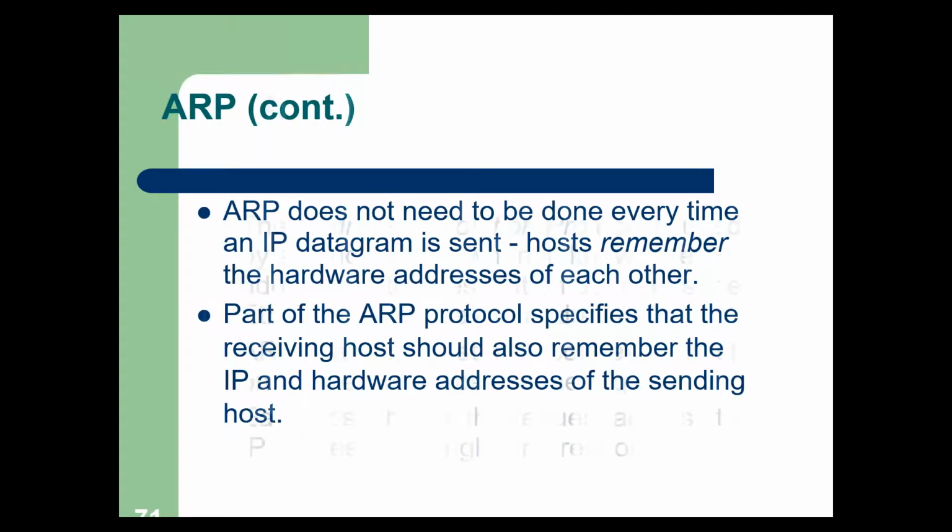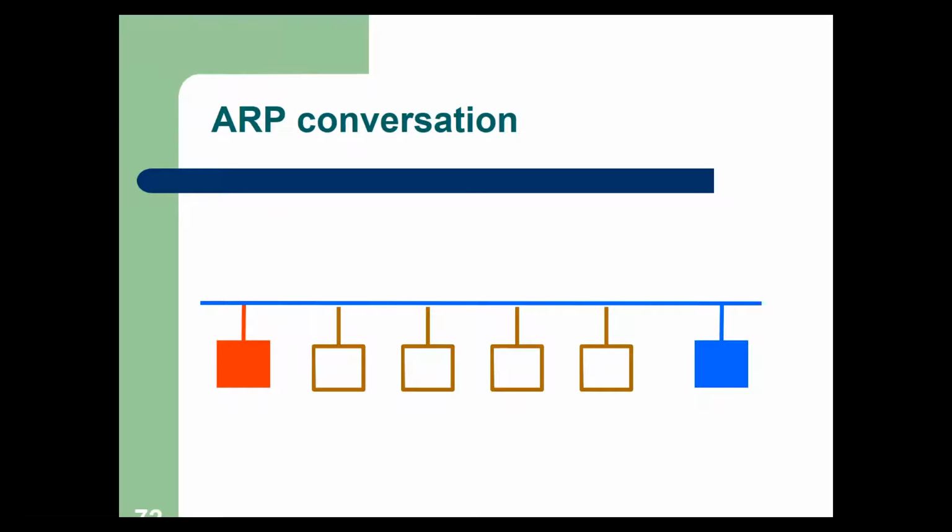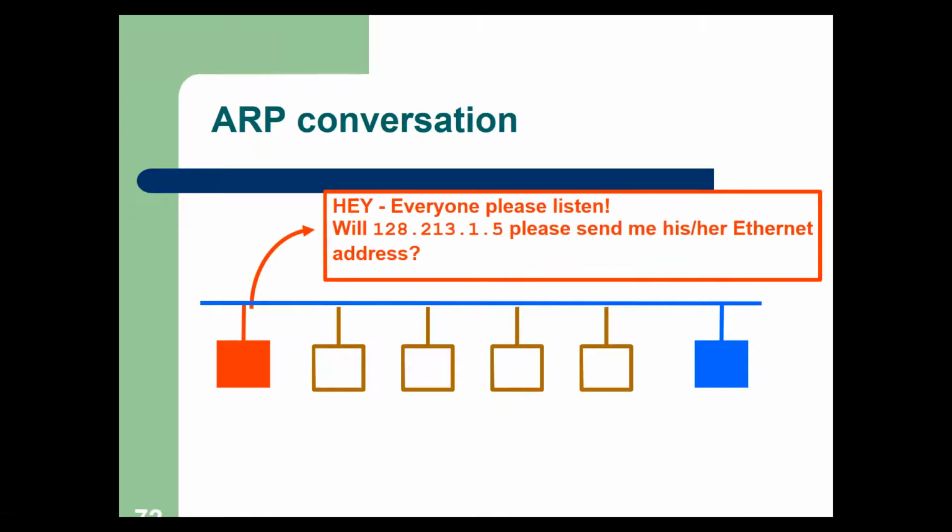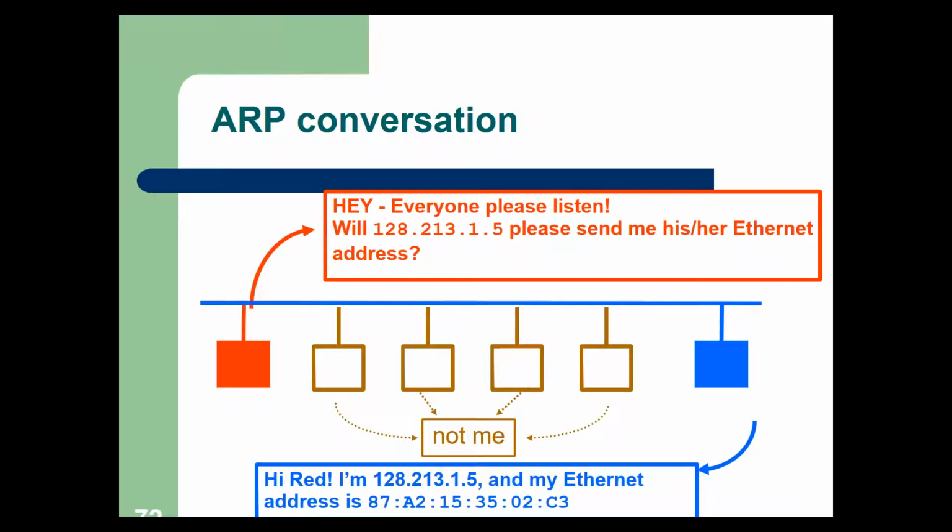I can just give you this example of ARP resolution, how it is done. It will ask everyone in the network that I need to contact this IP address. Please tell me the Ethernet address or MAC address of this particular IP address. All those who do not have this IP address will say nothing, but the one having this particular IP address will respond back that I've got this MAC address and this is my MAC